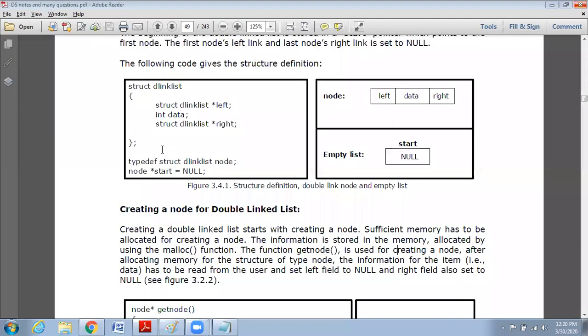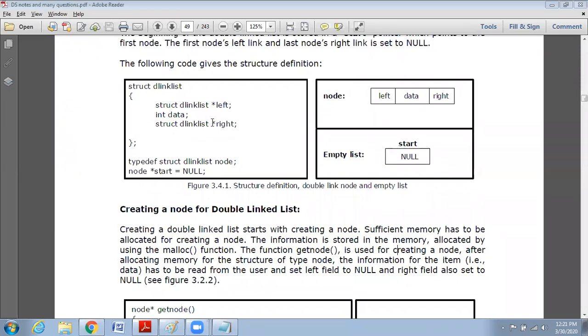Okay. So in singly linked list, in the structure definition, how many parts did we have? Tojan, can you tell? In singly linked list, in the structure definition, what all did we have? Tojan, are you there? We have data. Yeah, and left and right. In singly linked list, I'm asking. Single.